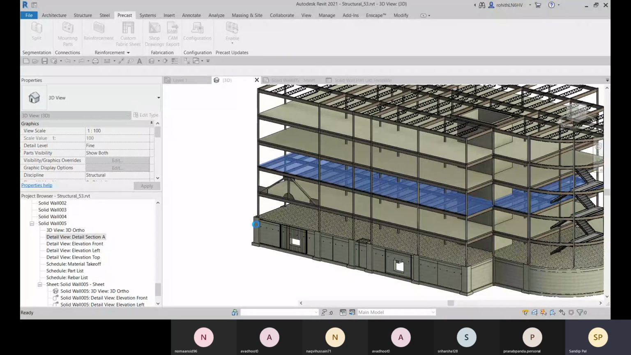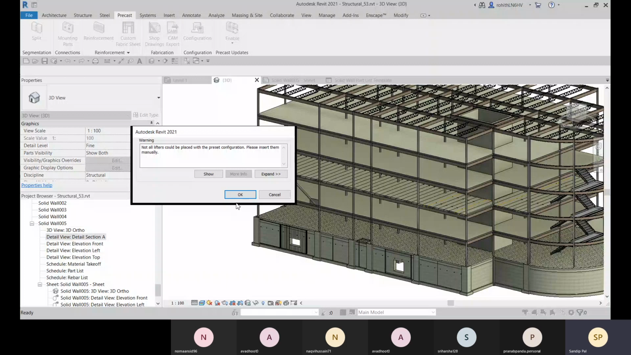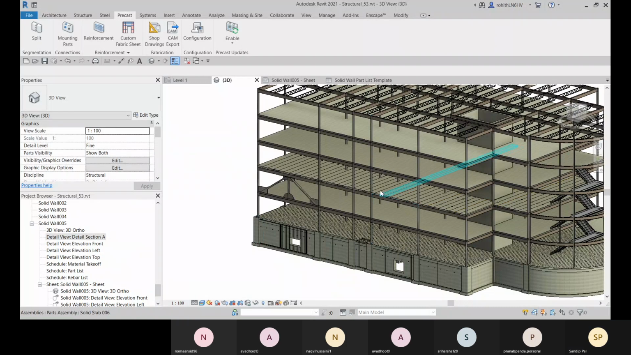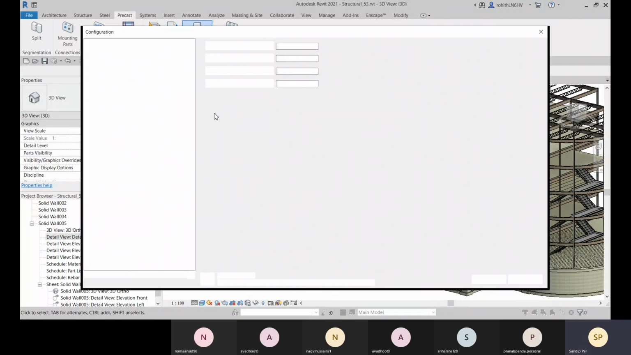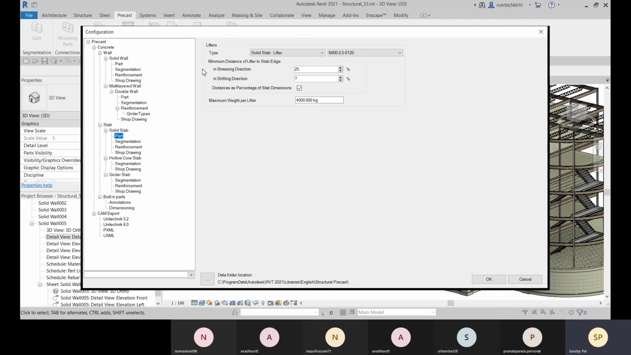So I think as per the slab family which we are getting, some lifters couldn't be placed with the preset configuration. Some lifters, not all lifters, could be placed as per the configuration. Here you can see these are the lifters. In the shifting direction, you can go for two, you can go for